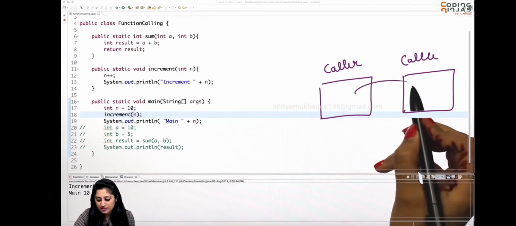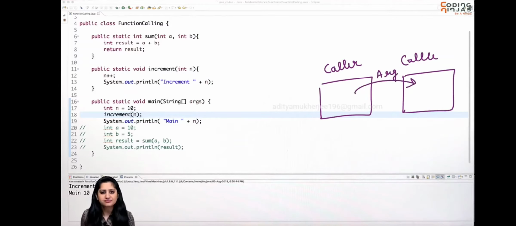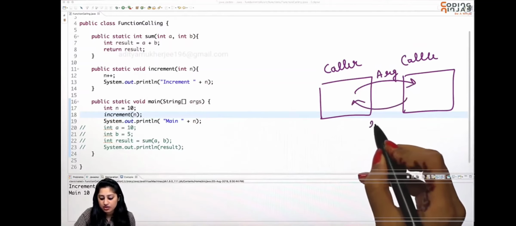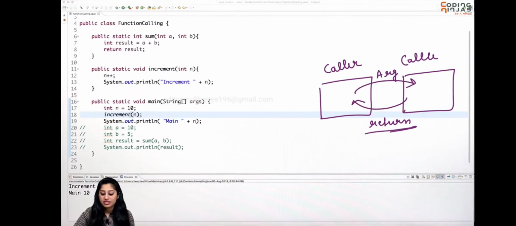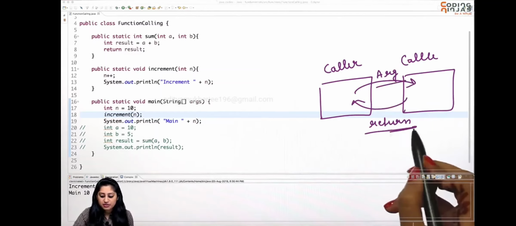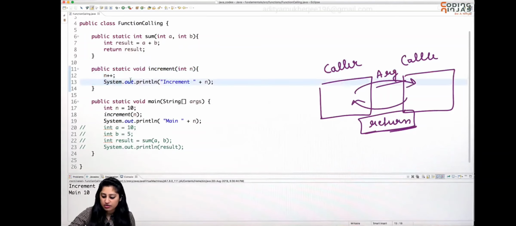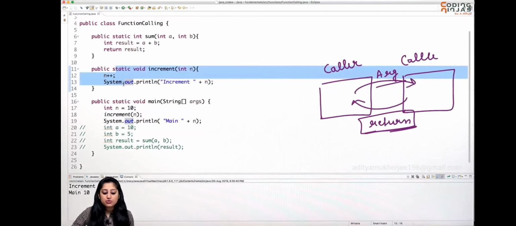If caller wants to pass some information to callee, it will be via the arguments. You pass those values and then callee can receive it. And if callee wants to communicate something back to caller, callee will have to return that result. So you can pass multiple arguments, but you can return only a single value. So that means this callee, which is the increment function, wants to return